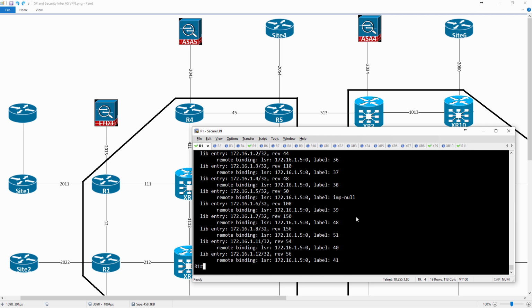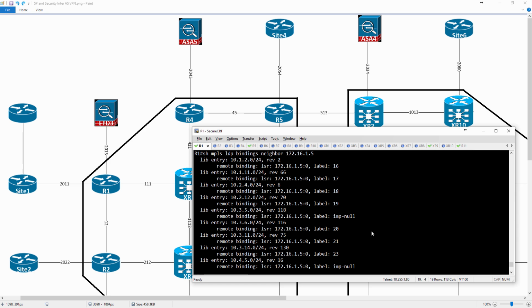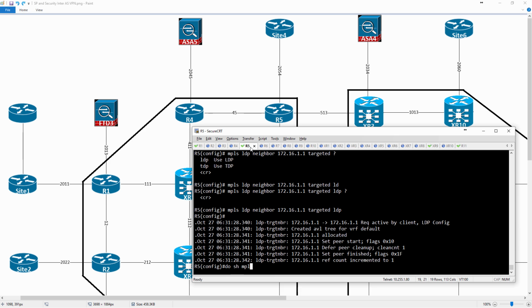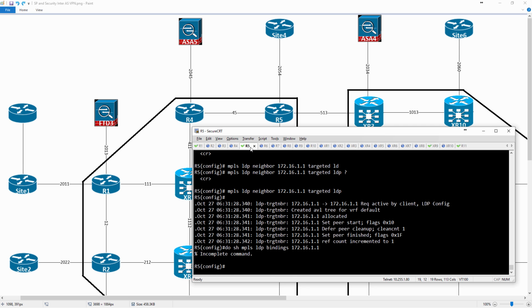So if something was to happen, this is how LDP session protection works. It will form a targeted LDP session through a different interface if it's available to be done. And I basically just enabled it by default. What I'm doing is receiving labels for values that R5 is advertising to me. And if we look in R5 and type in do show MPLS LDP bindings for neighbor 172.16.1.1 neighbor,